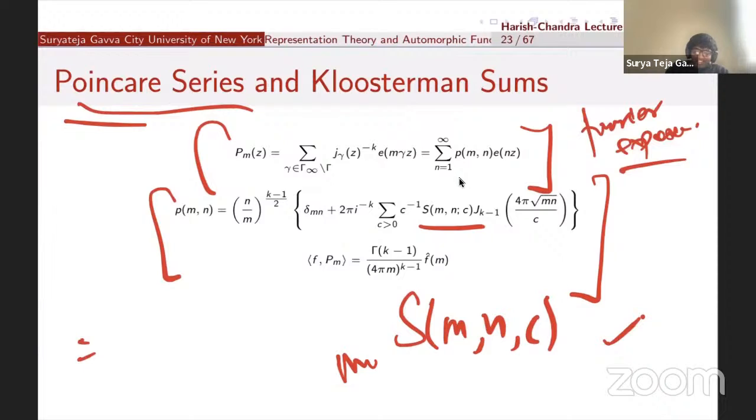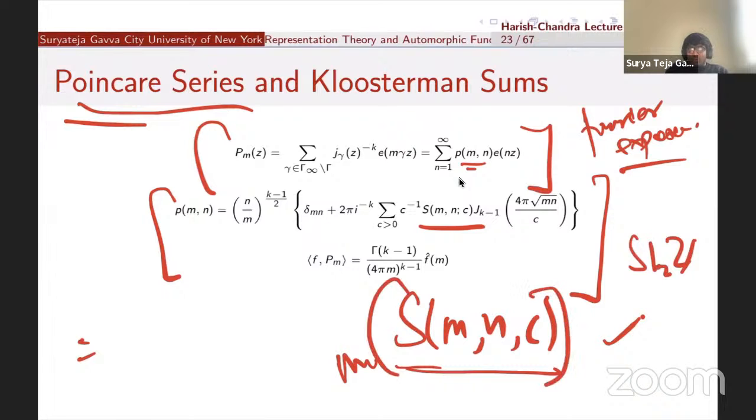The Fourier expansion of this Poincare series for the full modular group, you're asking? Yes, this is for SL2(Z). If you take congruence subgroups or some other subgroups, then they will have essentially Kloosterman sums or sums quite close to the standard Kloosterman sums. If you change the group completely, you'll get some other exponential sums, but they might not be as nicely arithmetic, in the sense that you might not be able to